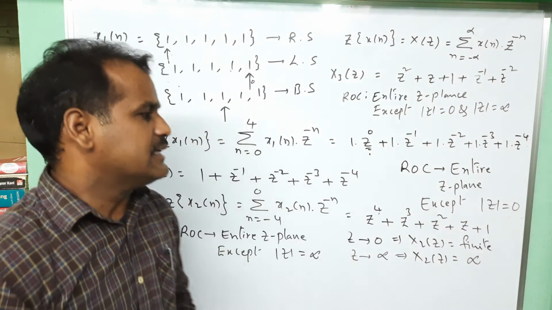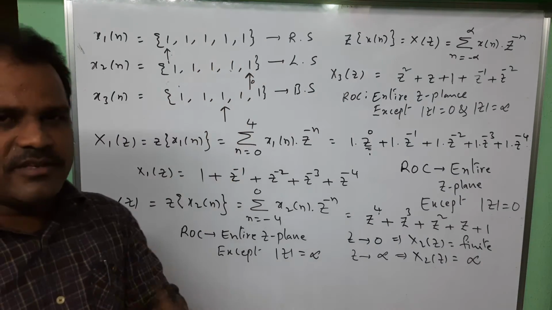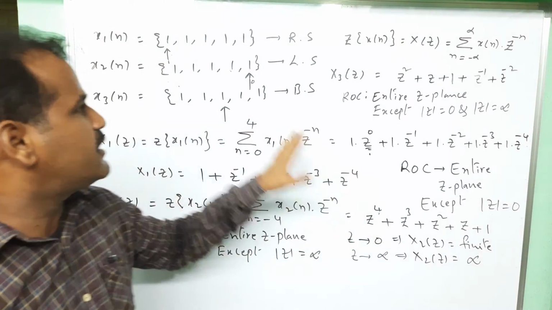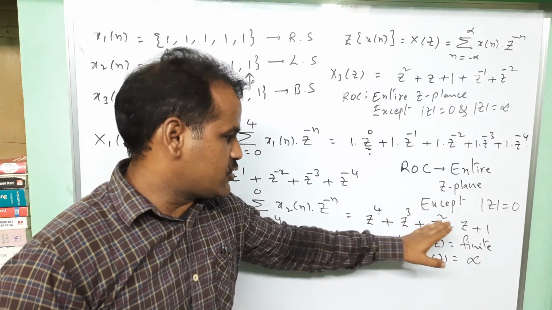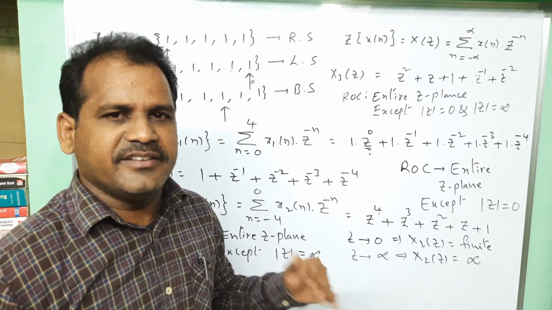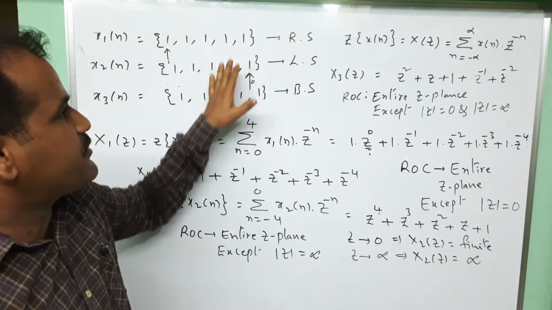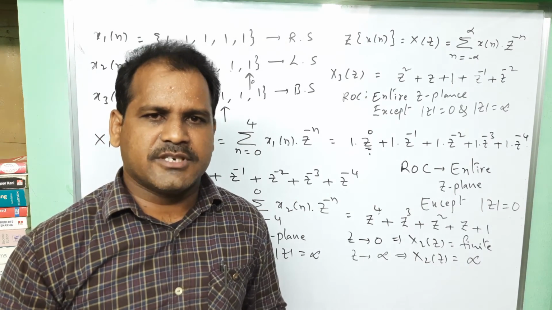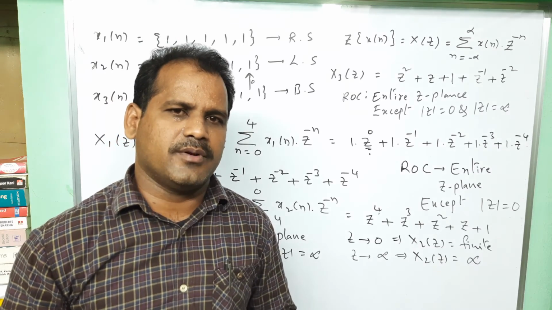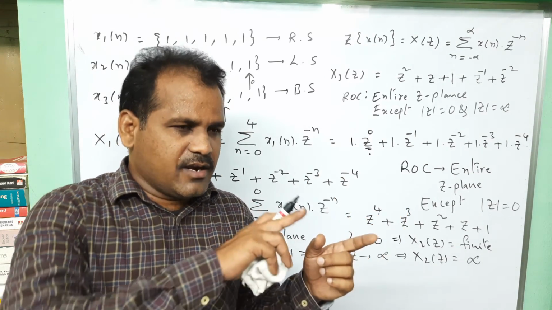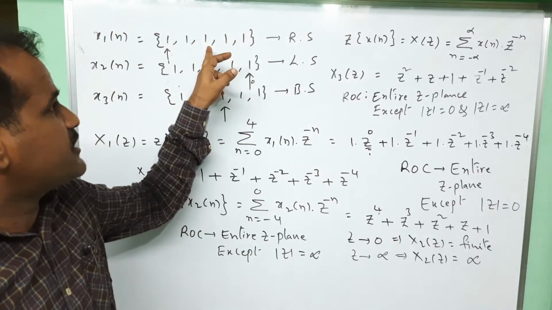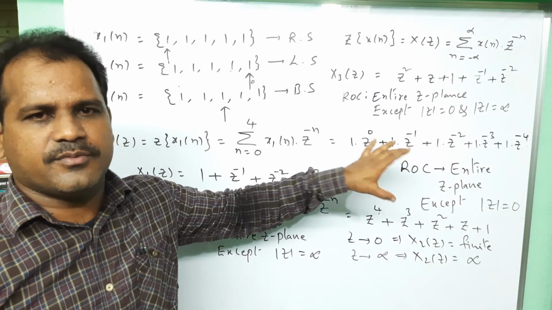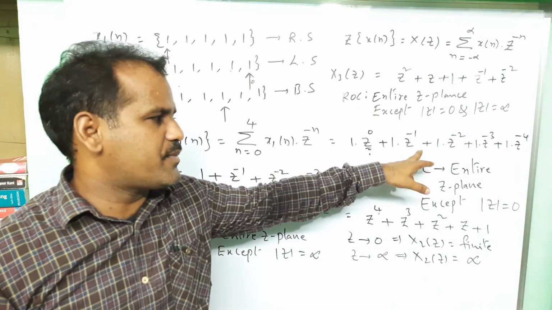Like that we can find the z transform of the given sequence easily by remembering these points. Right side values, negative powers of z in increasing order. Left side values, positive powers in increasing order. That's it. We can easily find the z transform polynomial for such sequences. Most probably we will get the inverse case in the examinations, especially in the previous GATE exams. If you observe the problems, they will give some z polynomial, and directly we should be able to take the corresponding inverse z transform in sequential form. This is the best method to remember such problems.